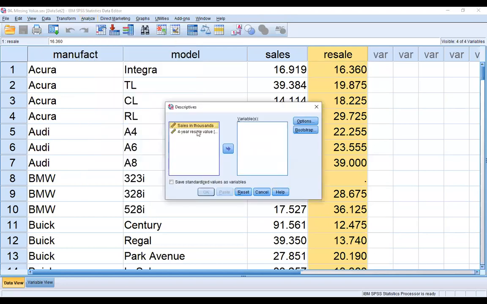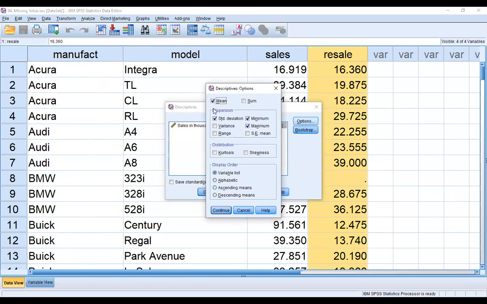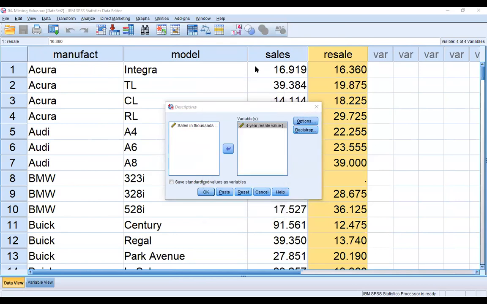I am transferring the 4-year resale here, and then options. I am taking the mean value, so I untick all. These are not desirable. I am just taking the mean value because we can take the mean value in many ways in SPSS. And then continue.